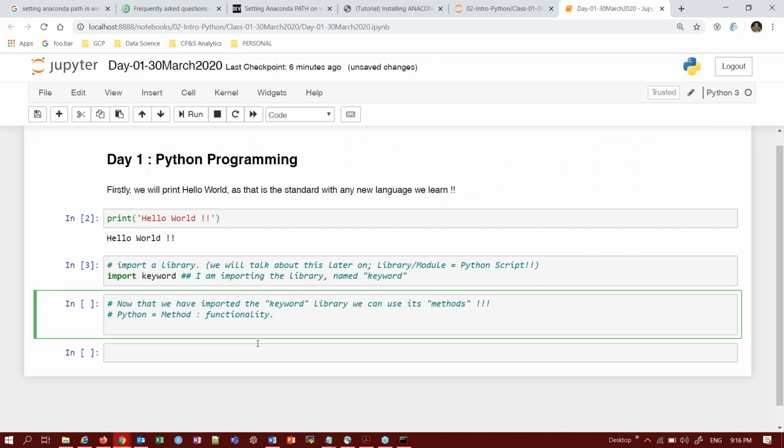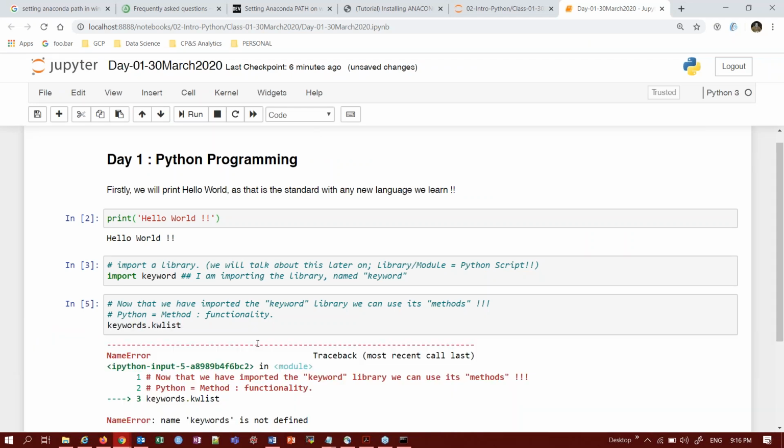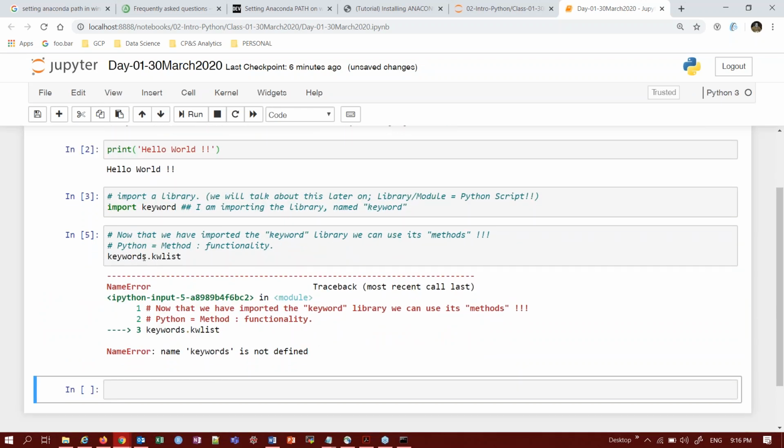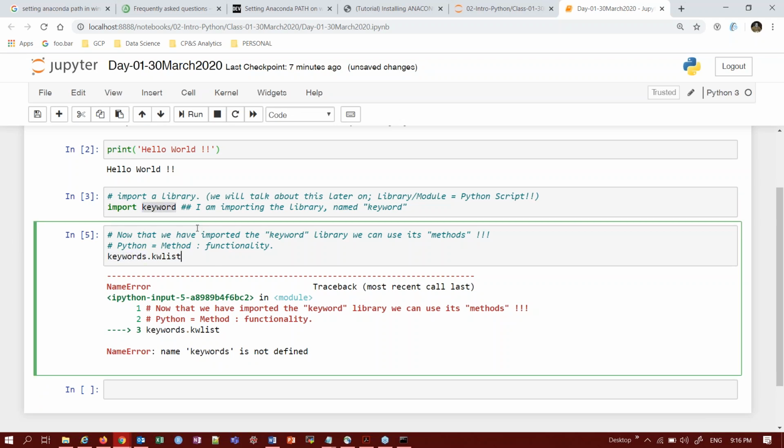So I'm going to say keyword.kwlist. And I see there is an error. The reason is that I imported the library as keyword, but I used keywords. This is just to show you that it is a case-sensitive and name-sensitive statement as well, so you need to be very careful when typing this. There is one way to avoid this, and that is this. I just write key and I,